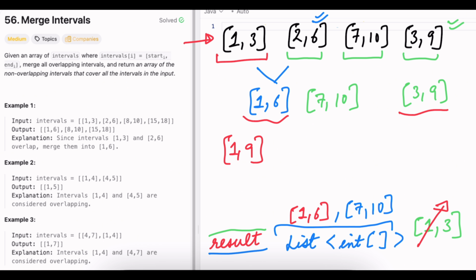So the resulting overlap is simply going to be the minimum of the start values and the maximum of the end values. So the minimum of 1, 3 is 1 and the max of 6, 9 is 9. So this is our resulting overlapped interval, and since this resulted in an overlap, we have to remove 1, 6 from our result list. Next we have to merge this 1, 9 with 7, 10, which is the next element